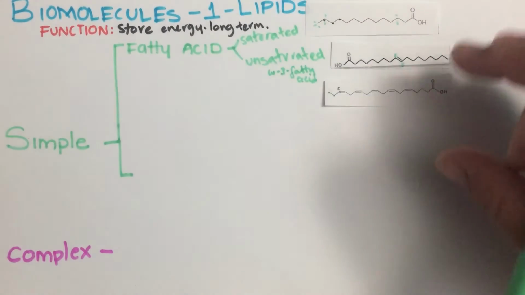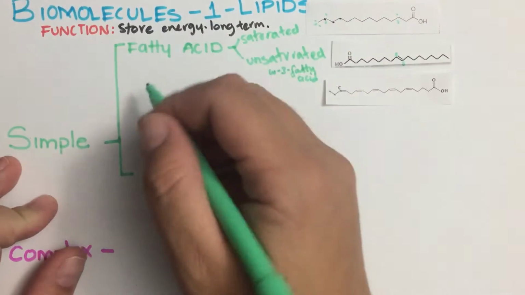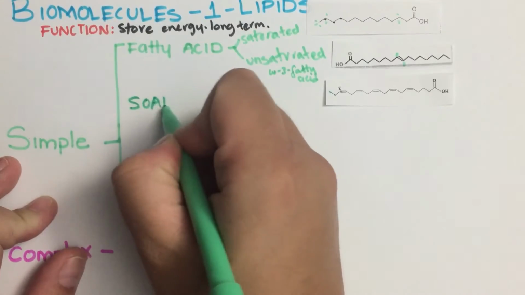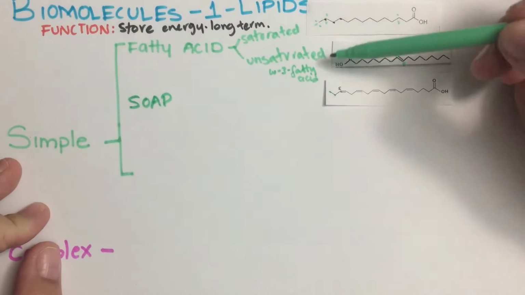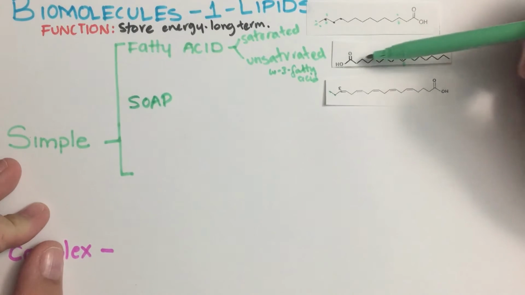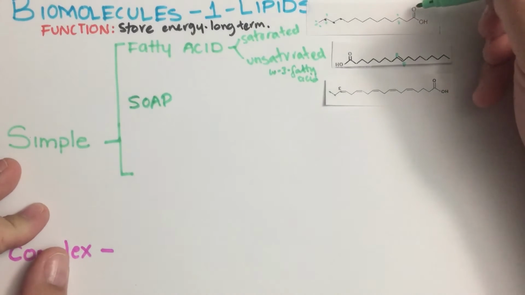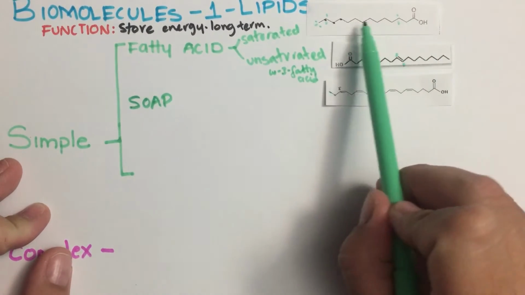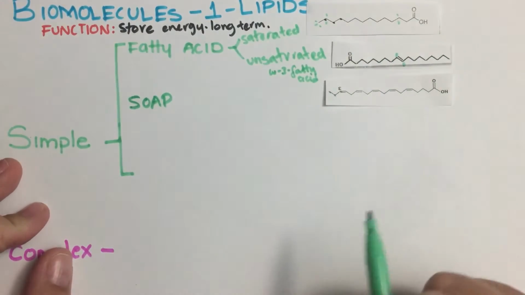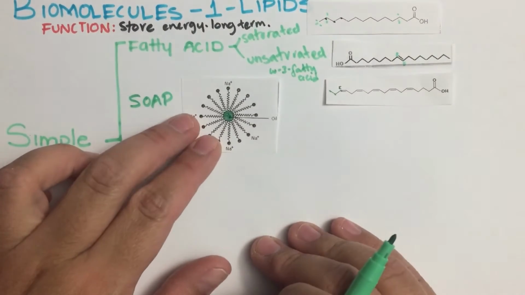One very curious application of these fatty acids is soap. What happens with soap? If you notice here, this head has lots of oxygen, two oxygens, compared to the tail, which has only carbons and hydrogens. What this means is that this head loves water and is attracted to water, while the tail is not. So if you dump a lot of fatty acids into water, you're going to see the